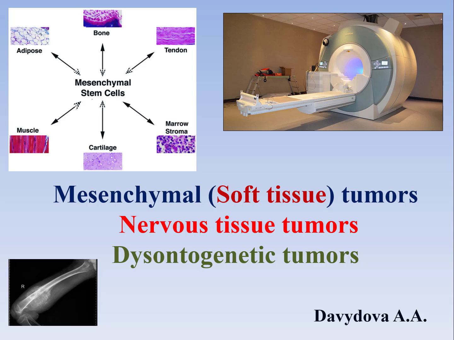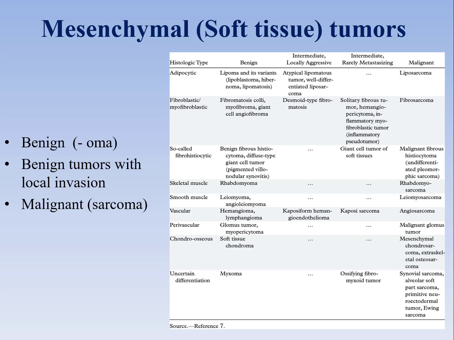Good day, dear colleagues. Today we will talk about the mesenchymal or soft tissue tumors, also about the tumors of the nervous system and dysontogenic tumors with the peculiarities of the tumors of childhood. So, mesenchymal tumors are a great group of tumors. They are not very frequent, they are rare tumors, but it's a wide group which includes a lot of different